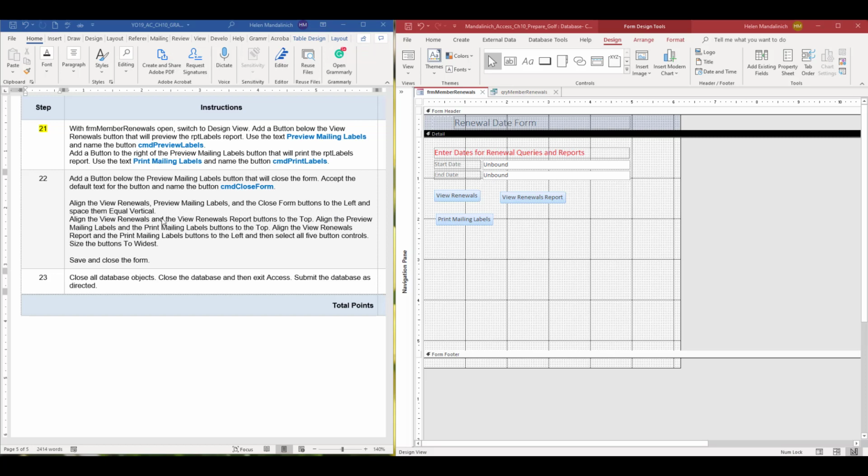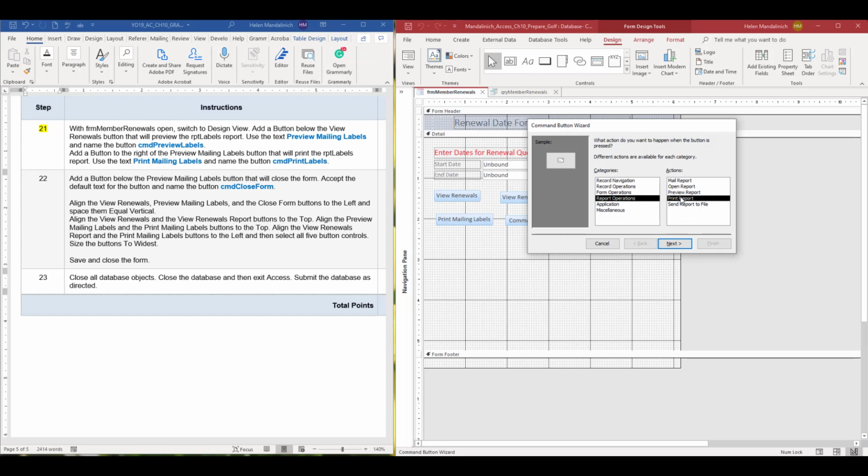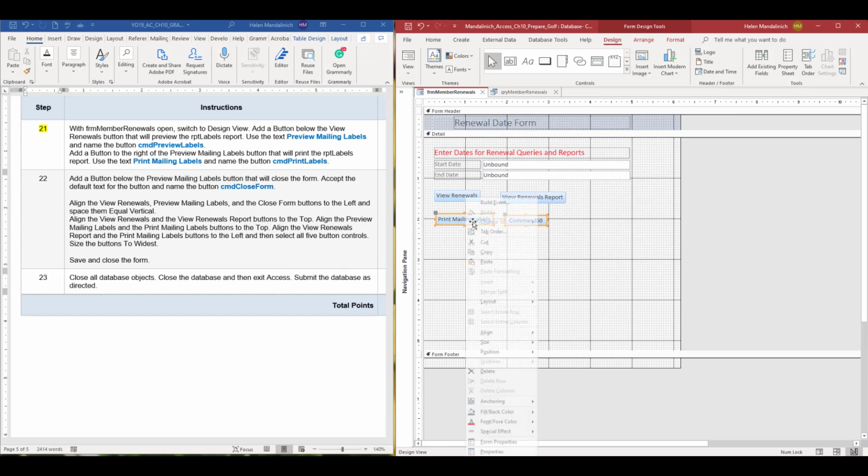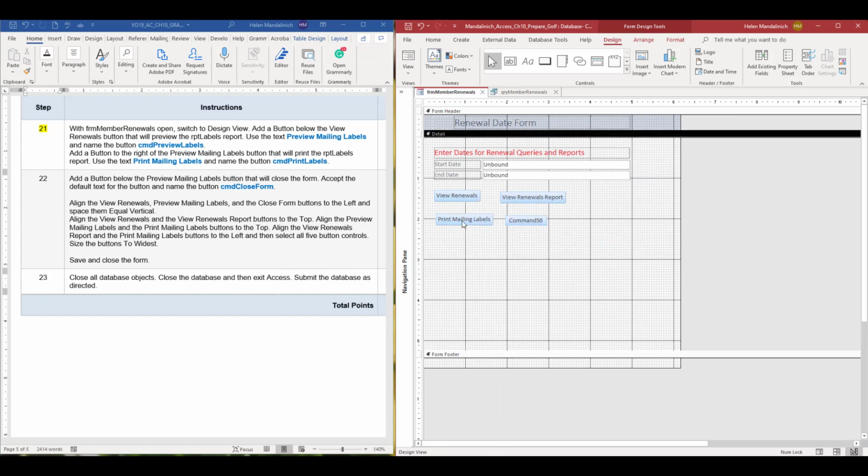All right, so add a button below that will close the form. So we did print. Oh, I didn't do, we got to do a print one here. I probably wouldn't take the time to do a print one, but we're going to do report operations, print report, labels, next. It's going to be print mailing labels, next, CMD print labels. Yeah, okay. All right, I messed up. So this should be preview. Let's change this to preview,